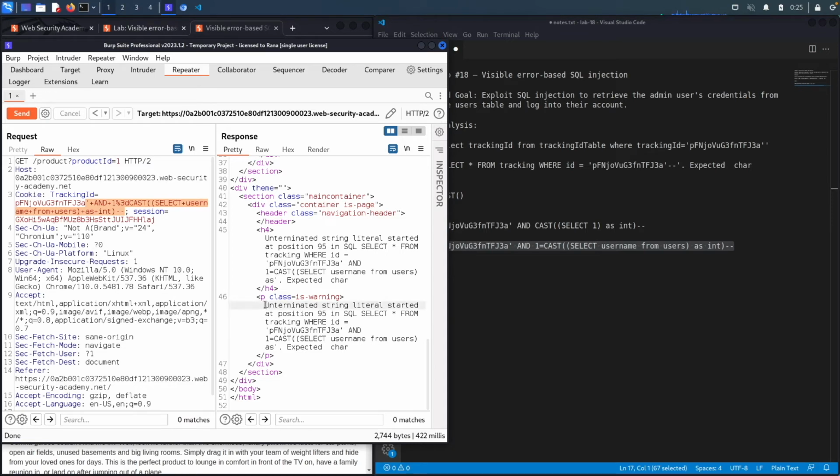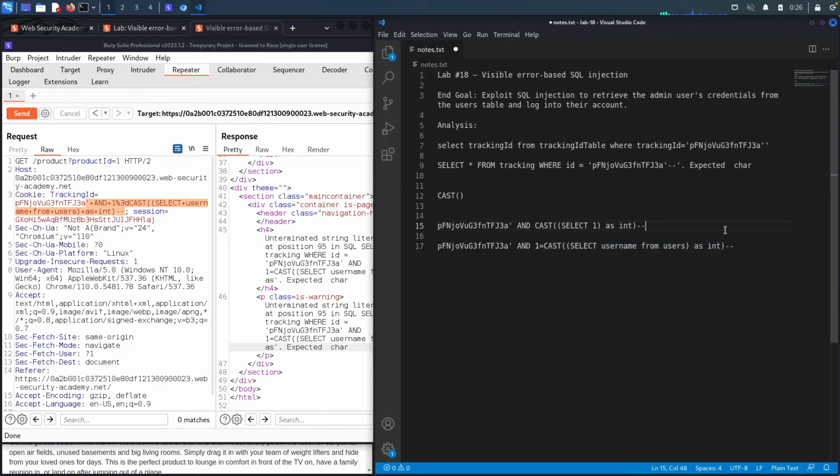So it says over here, unterminated string literal started at position 95. And then you could see this is our query right over here. And then it says cast, and then you've got select username from users as, and the rest is truncated. So this is interesting. Now, the first weird thing is that it said it's unterminated string, although we determined that